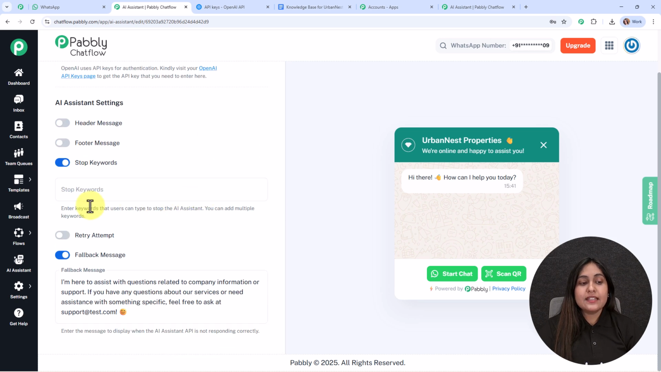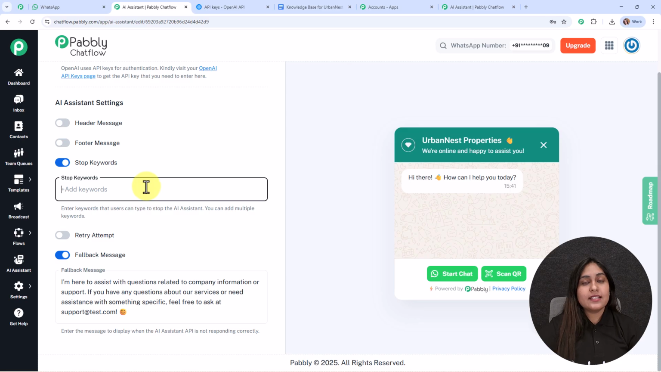So it says enter keywords that users can type to stop the AI assistant. You can add multiple keywords. So let's understand the settings with the help of an example. Let's suppose that I want to enter a keyword as human. For that, I'm going to type the keyword first, and then I'm going to press enter to make